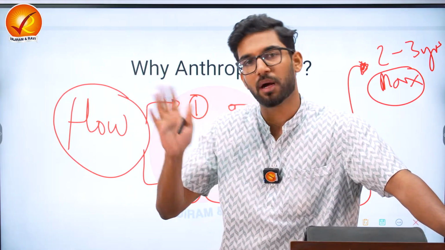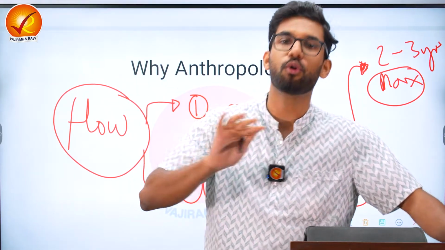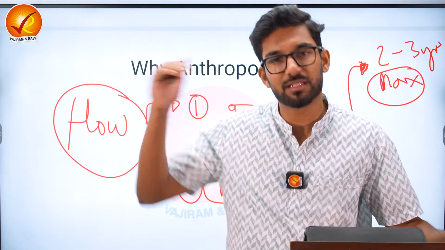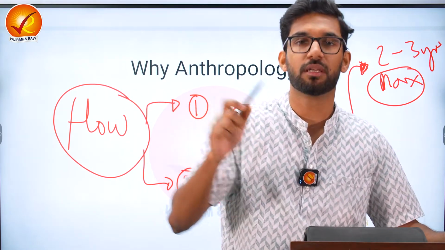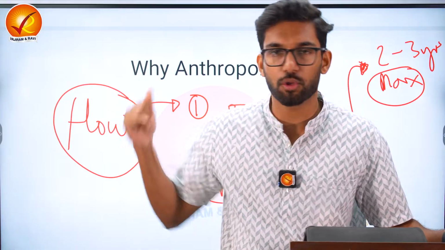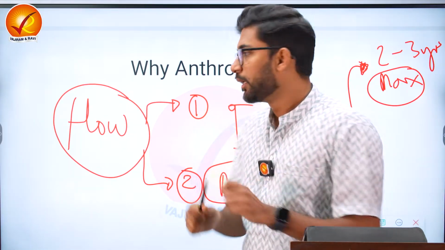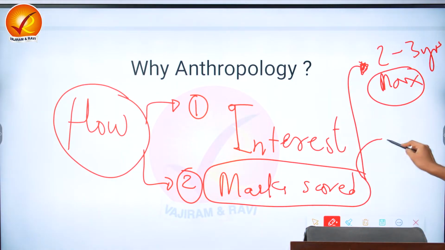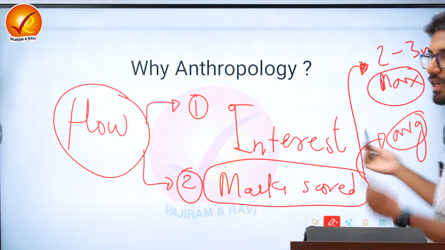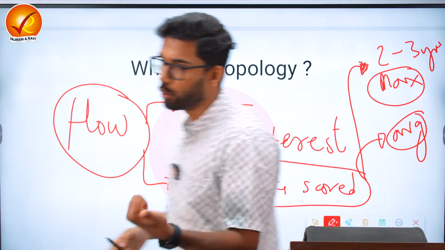Let's say the high mark in this exam is 300. So choose an optional which consistently brings, in the last 2 to 3 years, 300 plus marks. Anthropology is one such optional. The second way is not to max out, but to find the average. But this is very difficult. It's a tedious process. What you could do is,